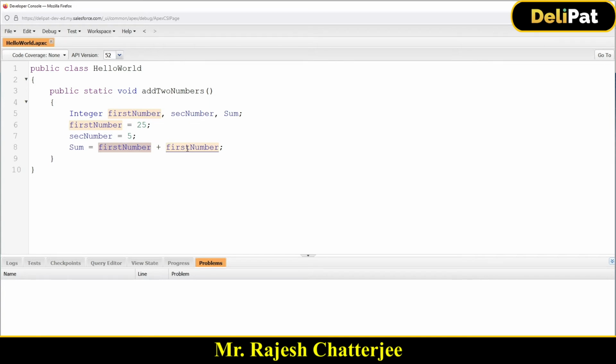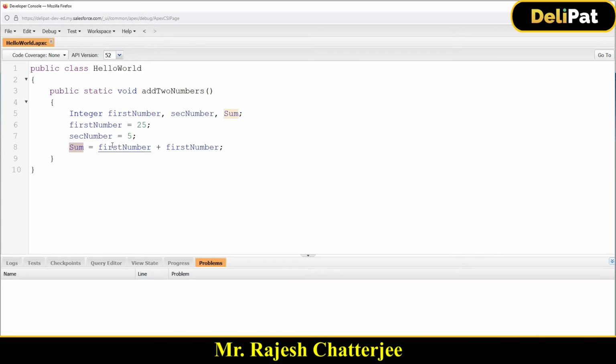In Salesforce, you can actually print something. In any programming language you learn, like Java, you first have to know how to print something because you have to test it. As I said, in the next few videos, we're just going to learn the basics of Apex. We're not going to do any Salesforce development, right? When you do the basics of Apex, you have to know how to print. How do I know what is the value of sum? I have to print it, right?